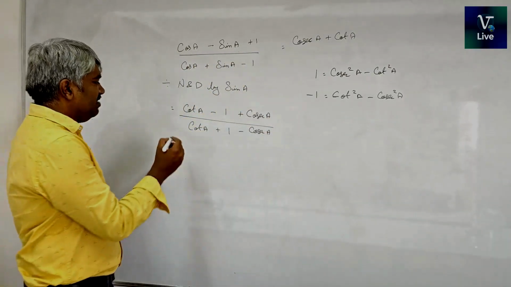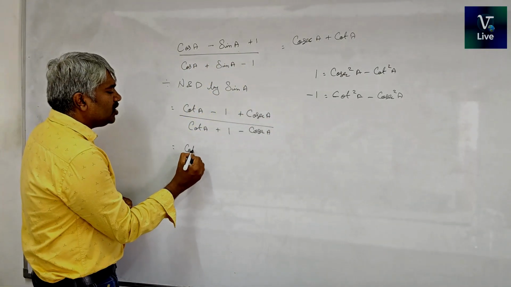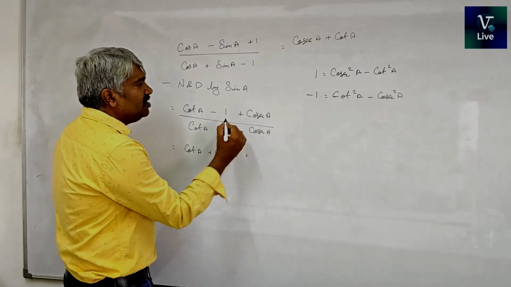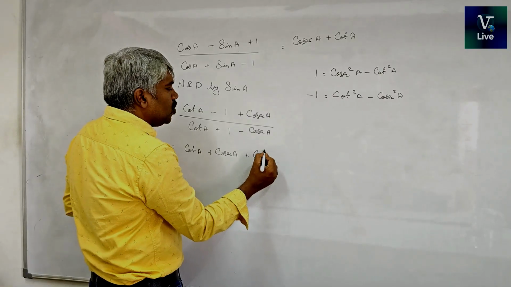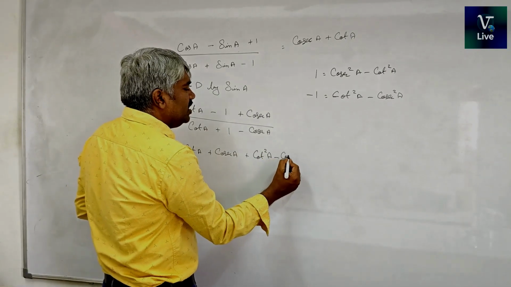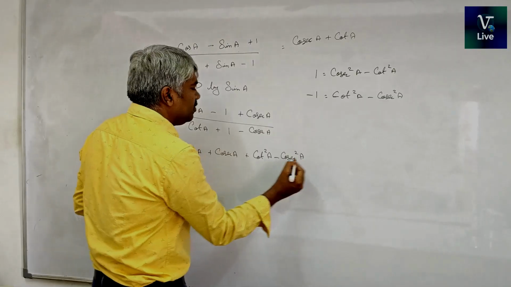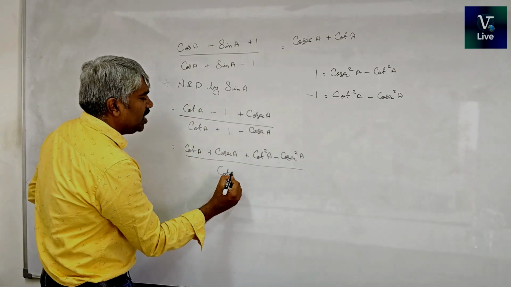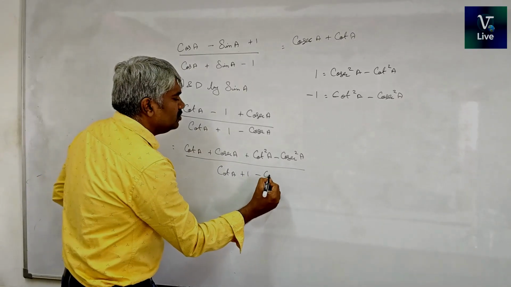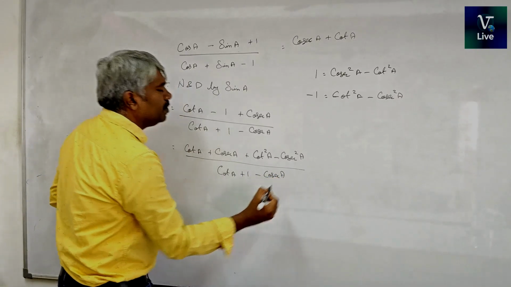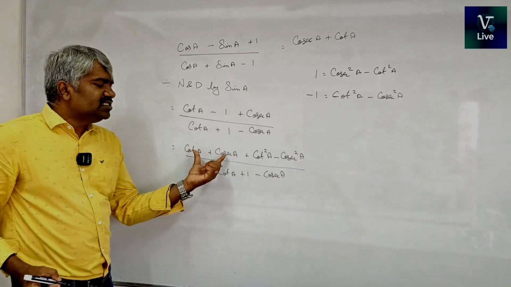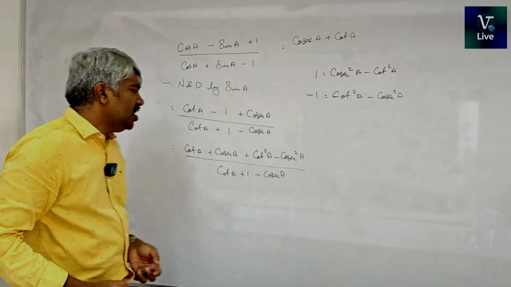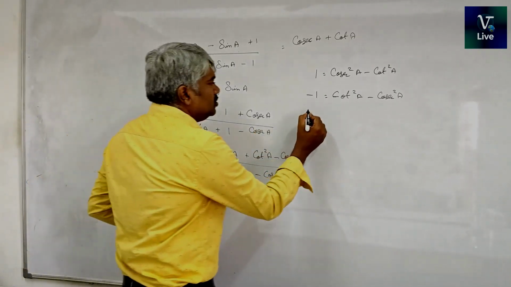So this is the data available. So cot A plus cosecant A. The value of negative 1 is cot square A minus cosecant square A, whole divided by cot A plus 1 minus cosecant A. Right? Now, don't touch this term. This can be converted into the form A square minus B square. Right? So,